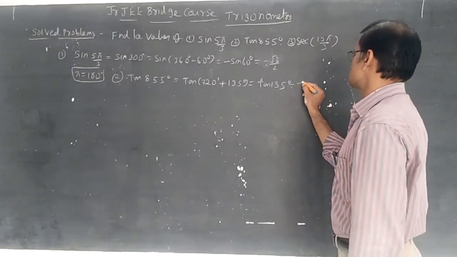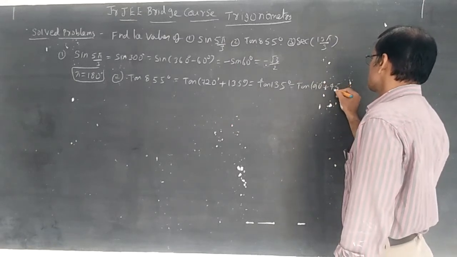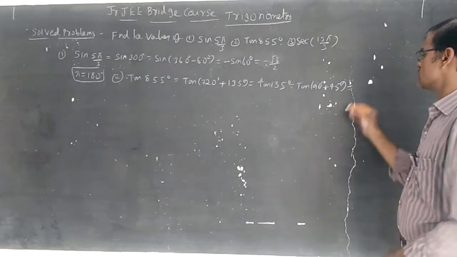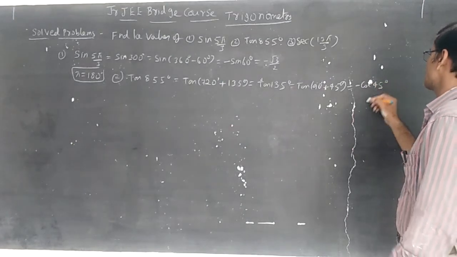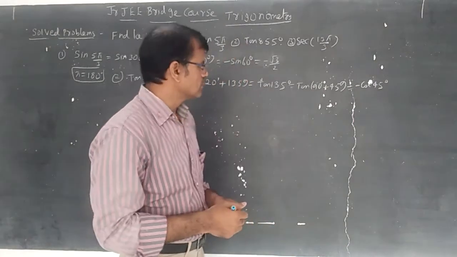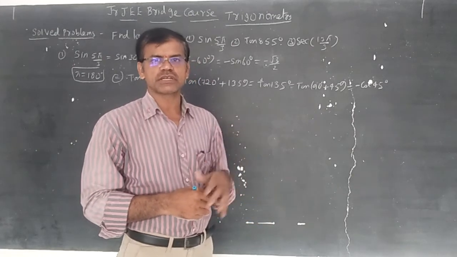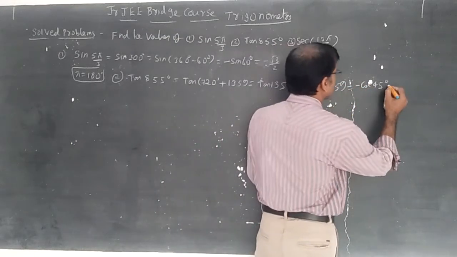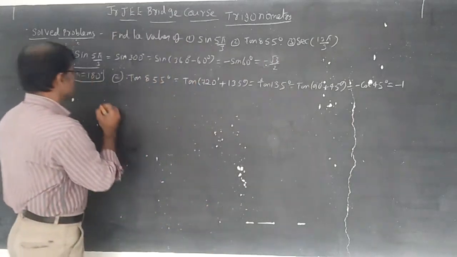Tan 135 degrees, you can understand, is tan of 90 degrees plus 45. Using allied angles, tan of 90 plus 45 becomes minus cot 45. Whenever 90 is there, the trigonometric function changes into its respective co-function, and 90 plus means second quadrant. In the second quadrant, sin theta and cosec theta are positive, the remaining are negative. That is why tan is negative. Cot 45 value is 1 according to the table. So the answer is minus 1.